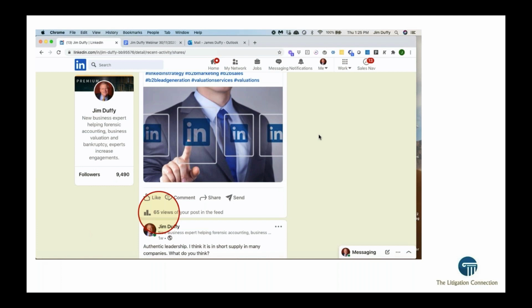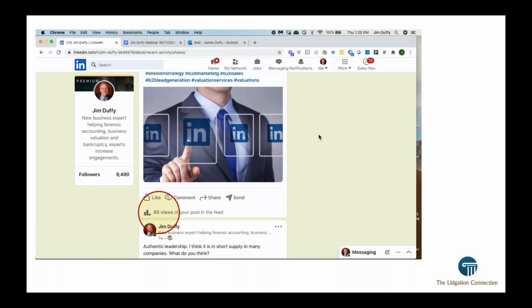Now, this next slide, what I'm going to do is talk a little bit about once you've connected to people on LinkedIn. So we connect all of our customers and our prospects that we identify as the right ones for our customers on LinkedIn. We connect our customer to their clients on LinkedIn. But what I'm going to do is show you just a post that we did just recently.